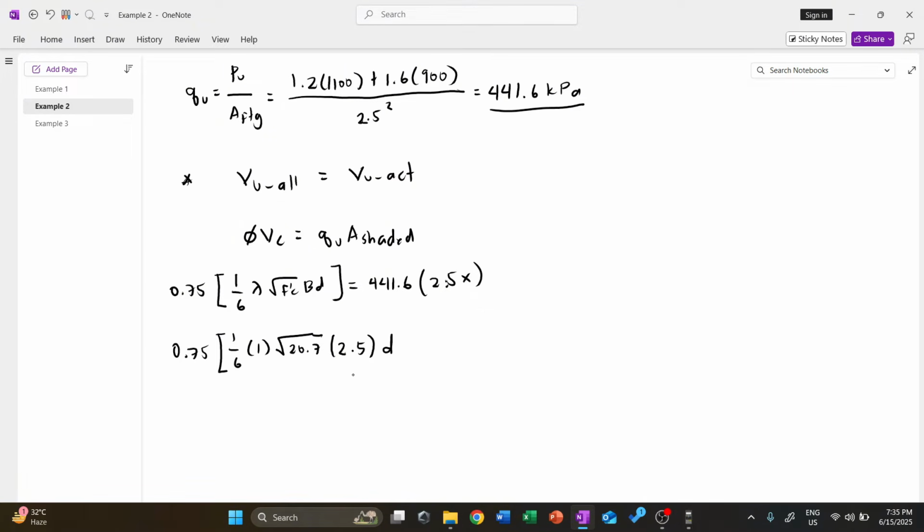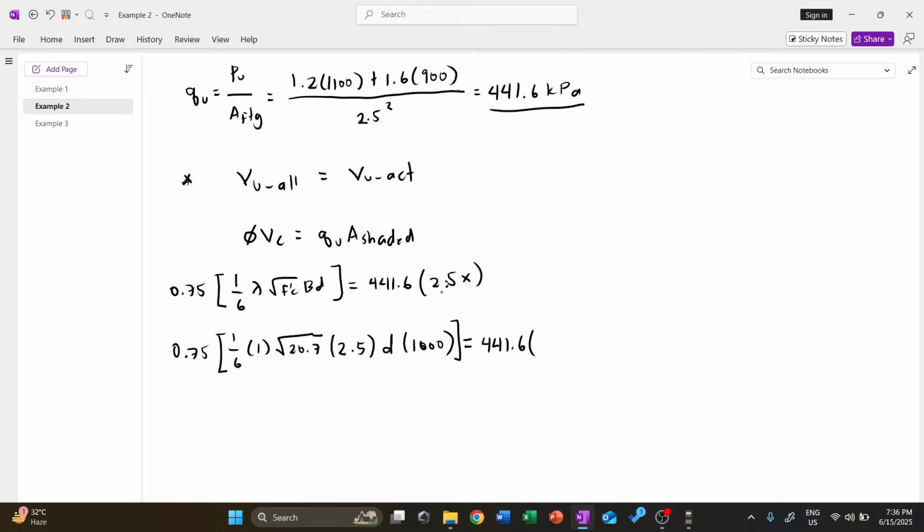And then our dimensions are in meters, and inside our f prime c, this is Newton per mm square. So let's convert the Newton to kilonewton. So we multiply here by 1,000. That's the technique: multiply by 1,000 on the left side of the equation. Then, on the right side of the equation, let's do